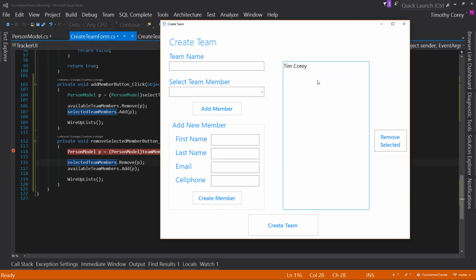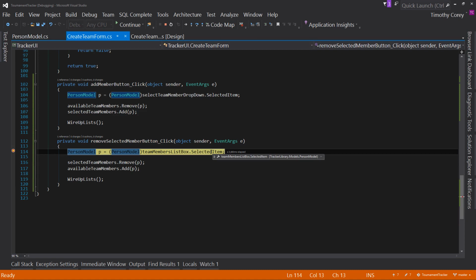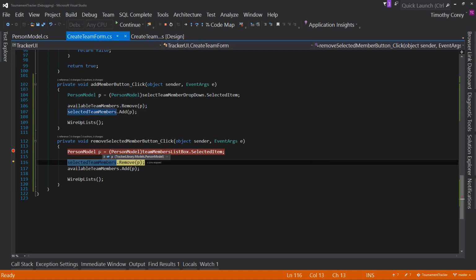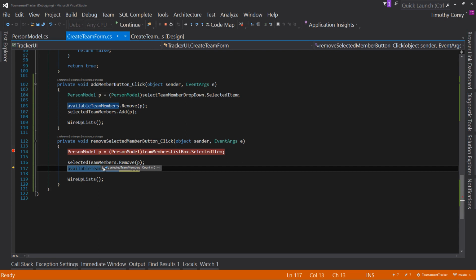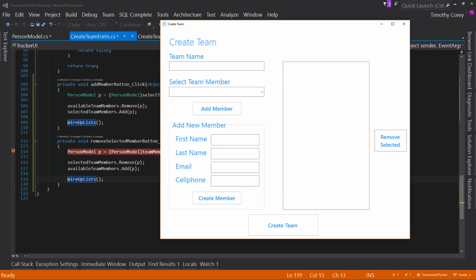We continue, select Tim and say remove selected. It knows we've selected one. We skip over that, and it says that person is Tim. We remove Tim from the selected team members list. Now it has 0. We add him to the available team members list. It now has 2, the null and Tim. And wire up the list. And it looks like these are both blank, but if I drop this down,